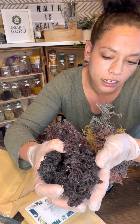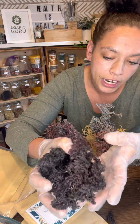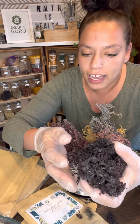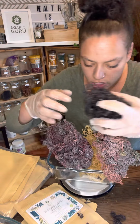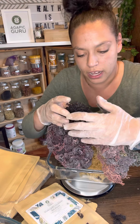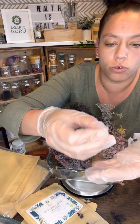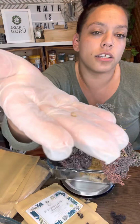You'll find a lot of little critters in here. When I'm cleaning and going through a lot of my Chondrus, I find so many different things. And I'll show you guys this shell. I'll set this up here so you can look at it. I'll show you guys this little shell that fell out because these are so cool to me. But this is a little shell,